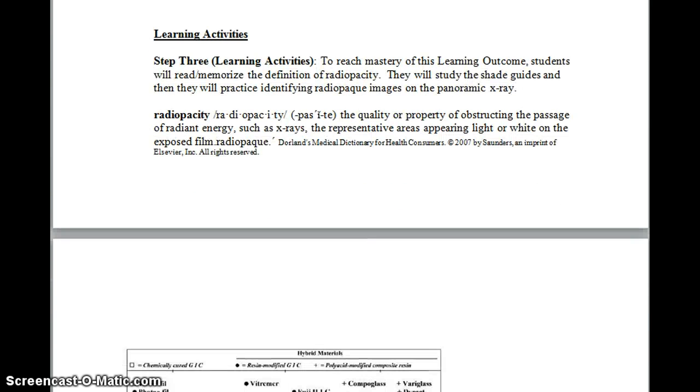To get my students to a level where they can complete those assessments, I have some learning activities for them. The first one is radiopacity, the definition. I want my students to memorize the definition of radiopacity. I've also noted where I found the definition of radiopacity,